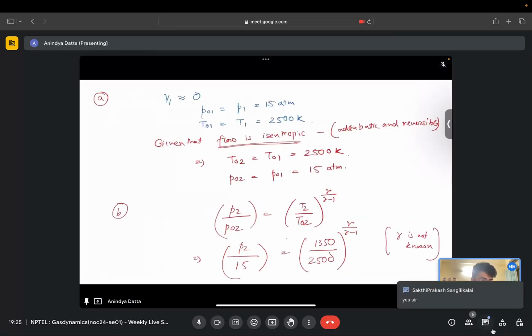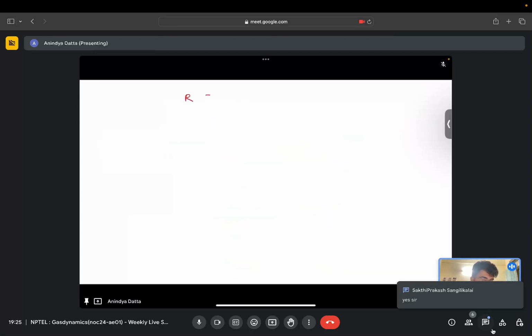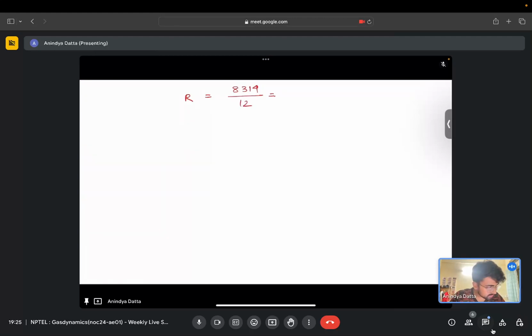Okay, so how can we do that? First we can find the value of R, the specific gas constant. That is the universal gas constant divided by molecular weight, which gives 692.8 joule per kg Kelvin. Then we can find Cv, which is Cp minus R, 4157 minus 692.8, which is approximately